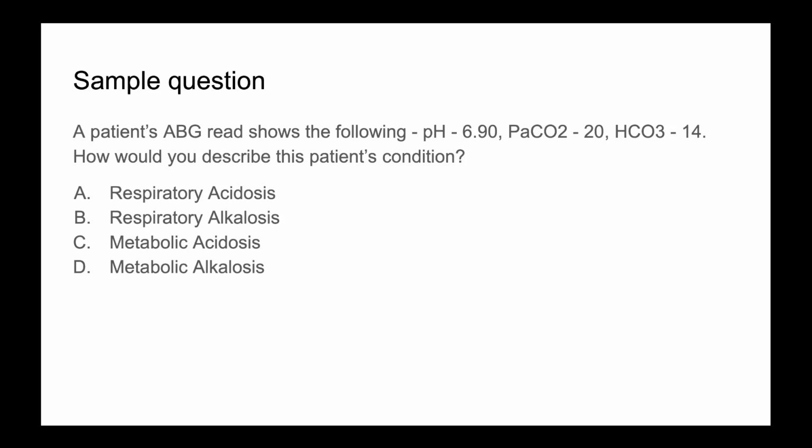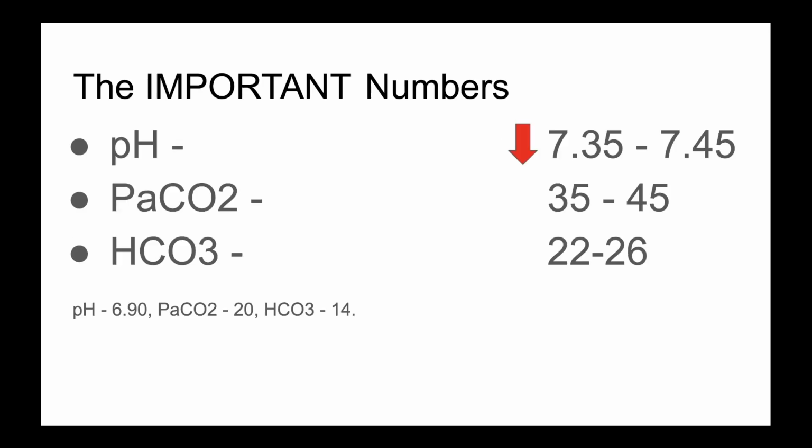So now let's go the other way. A patient's ABG read shows the following: pH of 6.90, a CO2 of 20, and a bicarb of 14. Anyone who's worked in the ED or the ICU knows exactly what this means. But we know this patient is highly acidic. And where's the CO2? The arrow's facing the same way, which means that we move on to the next step. We look at the bicarb. The bicarb is also down at 14. 14 is below 26. So now the pH and the bicarb arrows are facing the same way, which means